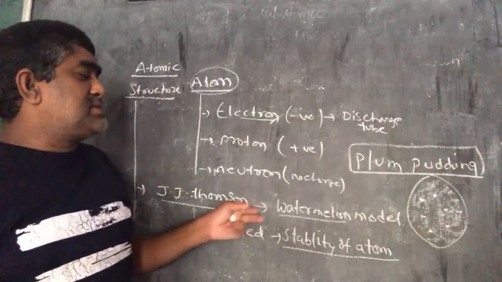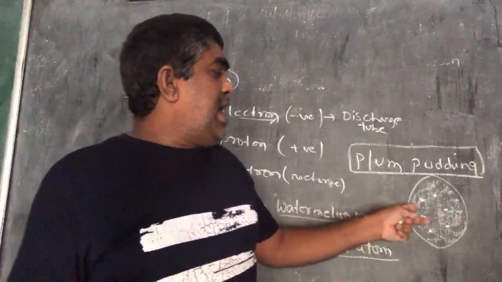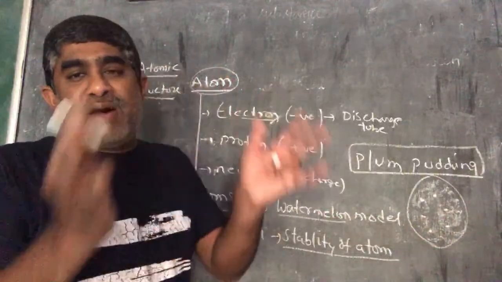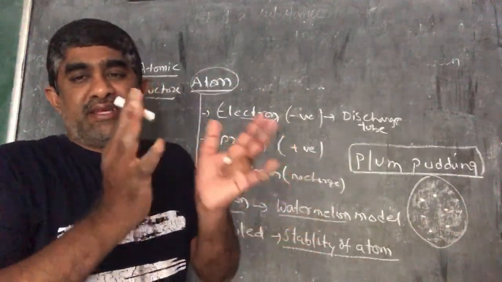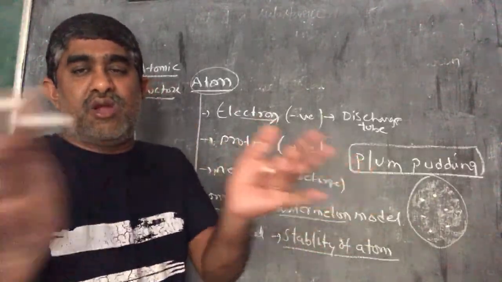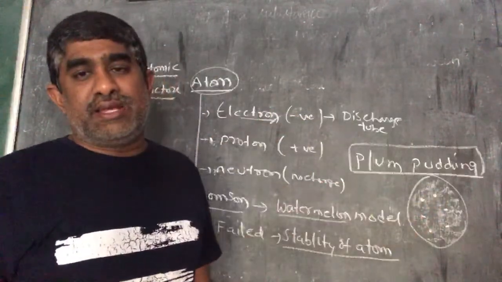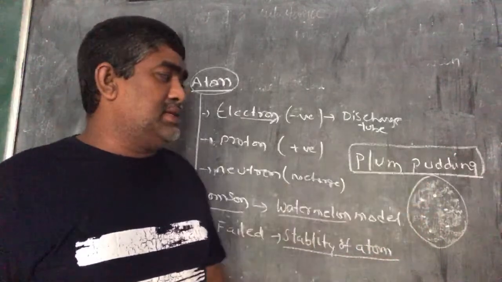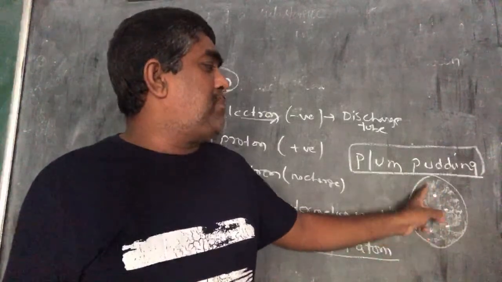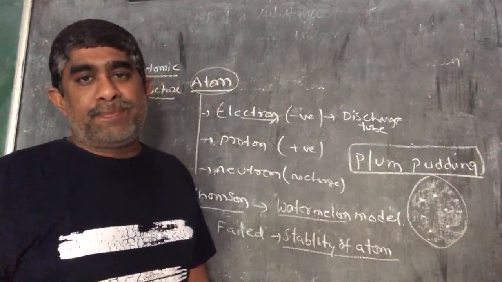But he attempted his model by explaining the seeds in the watermelon as electrons, and the red part in the watermelon acts as a shield. It keeps the electrons from touching or joining together. But he cannot explain the stability of atom, and how this positive charge part holds the electrons. So later,